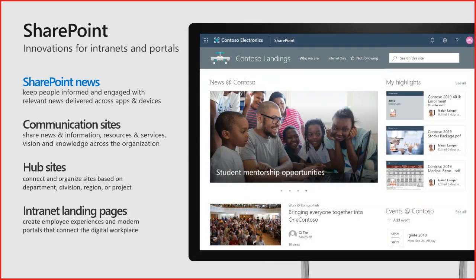So as we go through those innovations, we're going to look at them in 4 buckets. We're going to look at SharePoint News, which allows you to keep people informed and engaged with news. Communication sites that allow you to create beautiful websites to share news and information, resources and services across the organization. Hub sites that allow you to connect and organize sites to create a set of relationships and taxonomy in your organization. And finally, intranet landing pages. So we'll go into each of those 4 buckets, and I'm lucky enough to start the day off with our